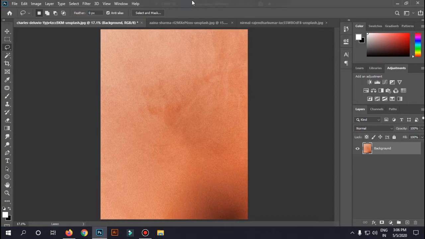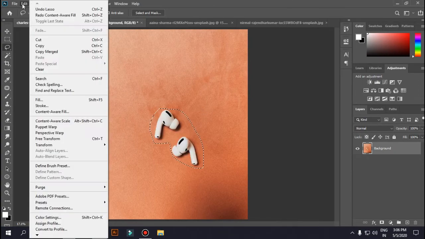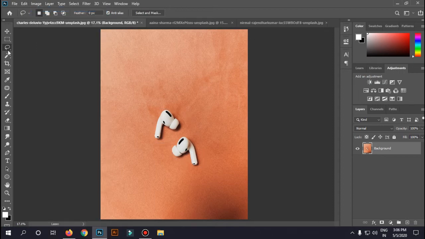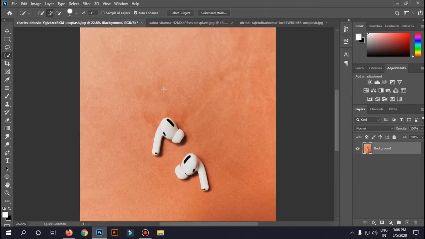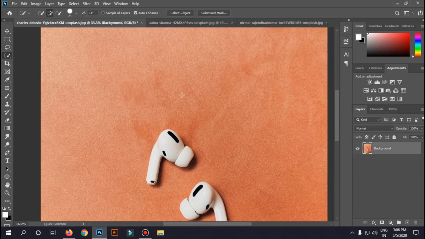Even you can do this with, I'll undo, edit, undo lasso. Yep, you can do this even with the quick selection tool right here. Now if your caps lock is on, you will see the crosshair right here. If your caps lock is off, you will see the brush circle. So just disable caps lock. Just remember this shortcut. Never enable caps lock, because you can't see the circle.